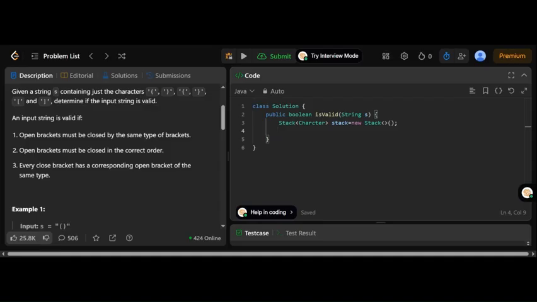I'm going to create a for loop which iterates through each and every character present in a given string. That is i equal to 0, i less than s.length, and then I'm going to increment i.